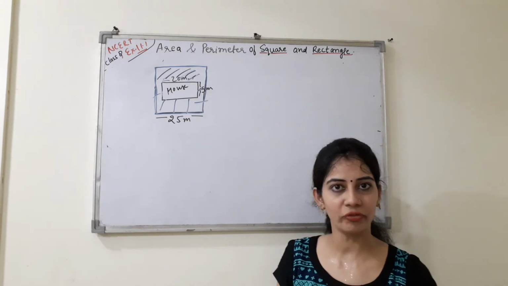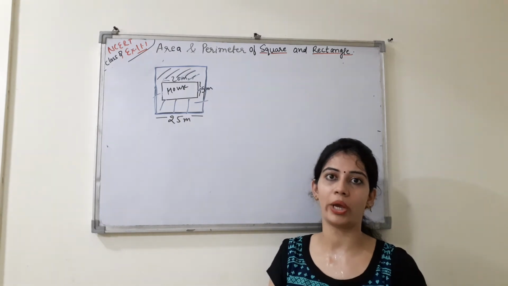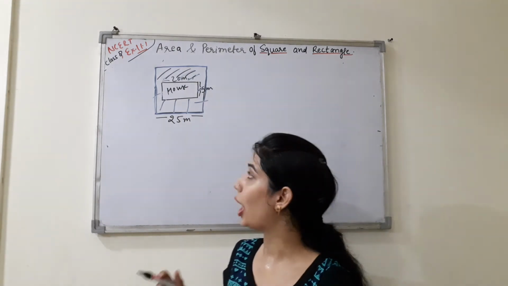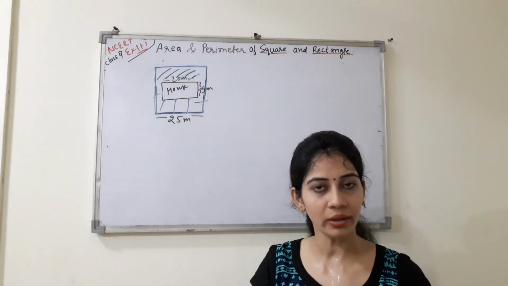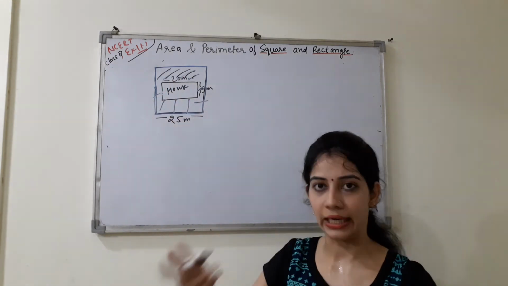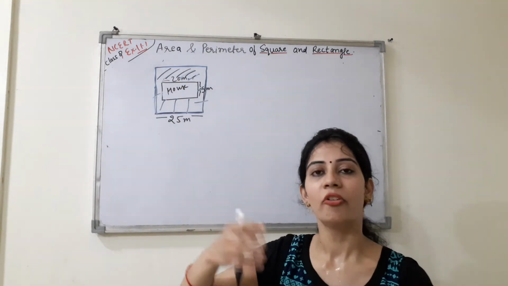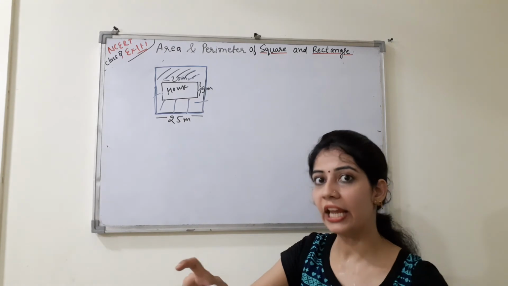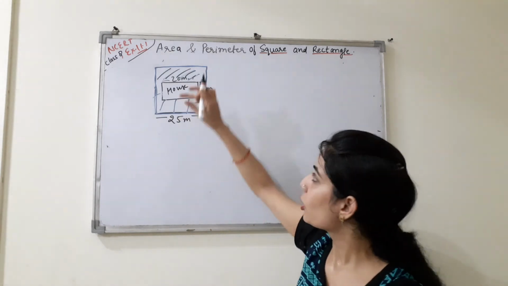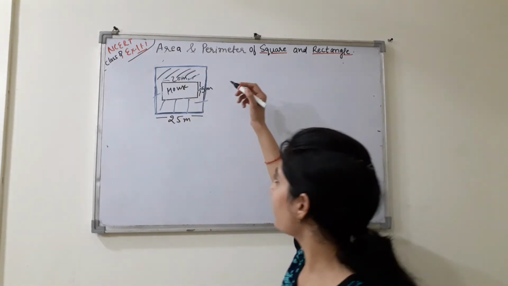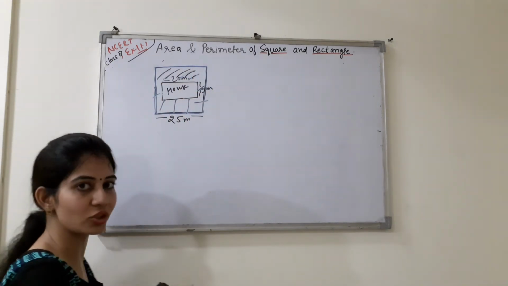So we will find the area of the garden and then we will simply multiply the per meter square cost with the area of the garden. Now how will we find the area of the garden? So for this, first we will find the area of this whole plot, then we will find the area of the house, and after that we subtract the area of the house from the area of the plot. So the remaining area will be that of this ground. ठीक है, कि पहले पूरे प्लॉट का एरिया फाइंड करेंगे, उसके बाद इस हाउस का एरिया फाइंड करेंगे, उसके बाद जब इस होल में से इसको सब्ट्रैक्ट करेंगे तो रिमेनिंग पार्ट आ जाएगा, दैट इज योर ग्राउंड.